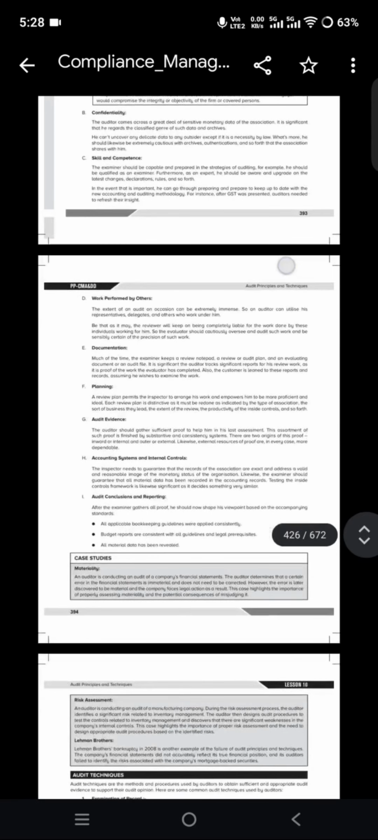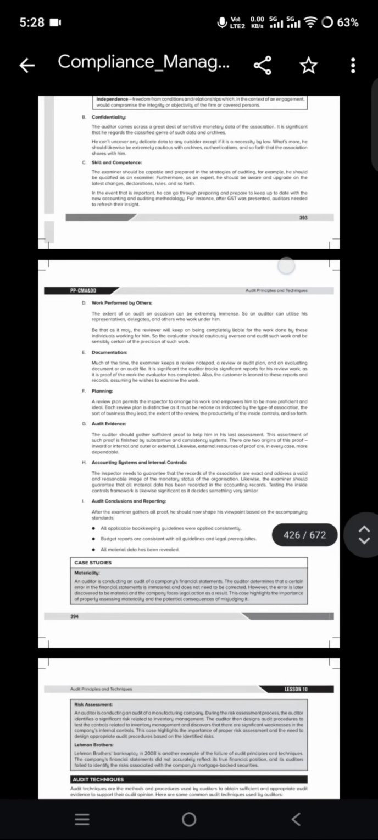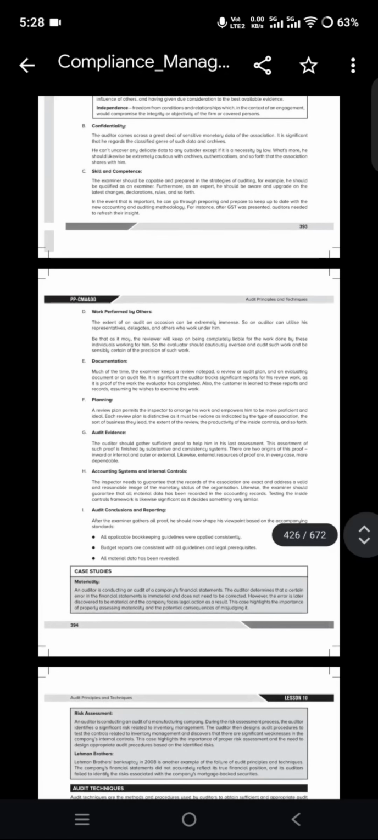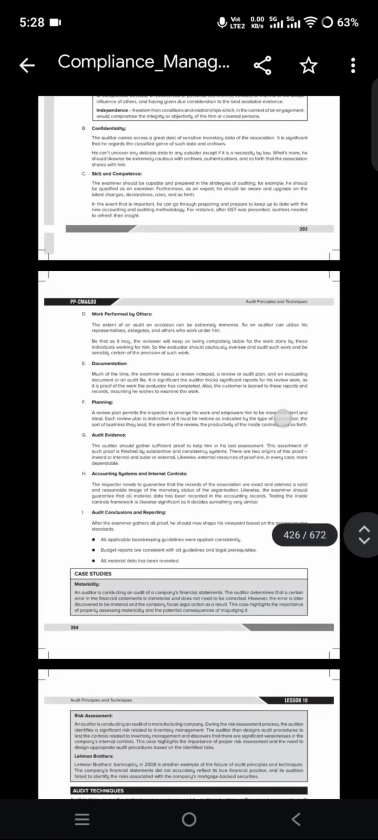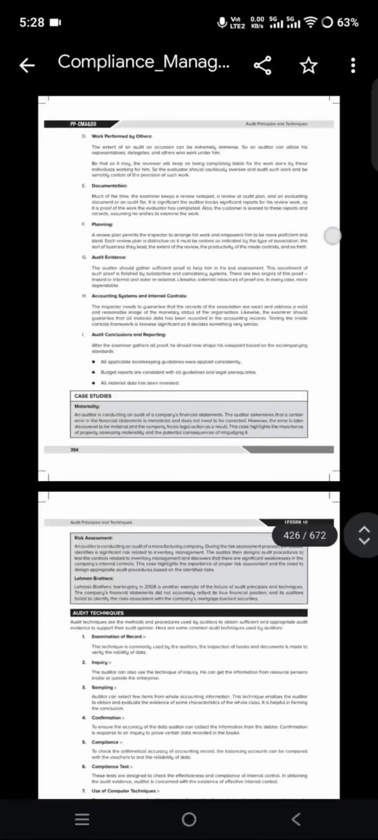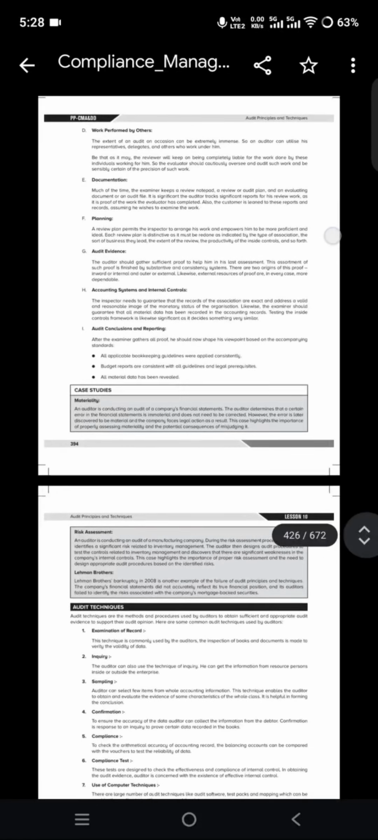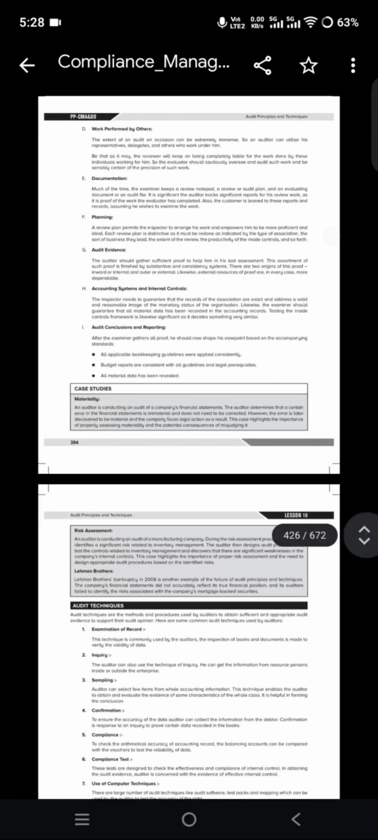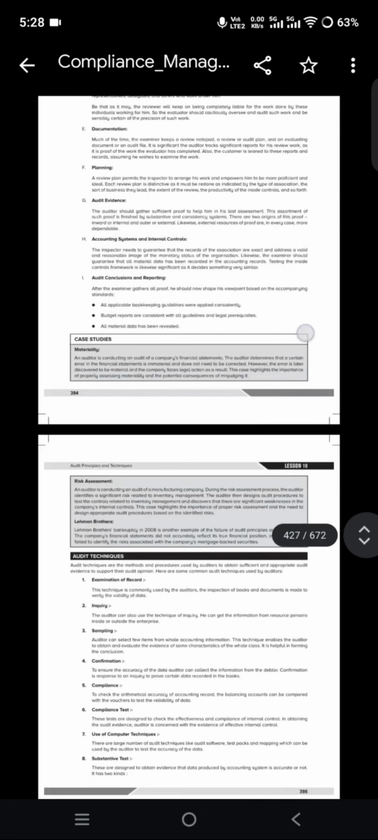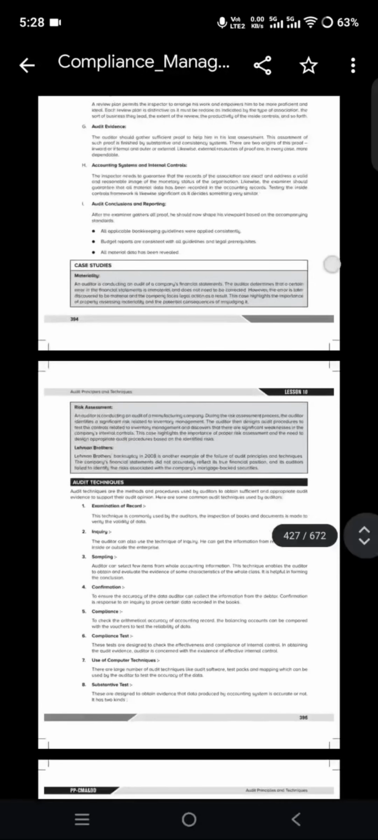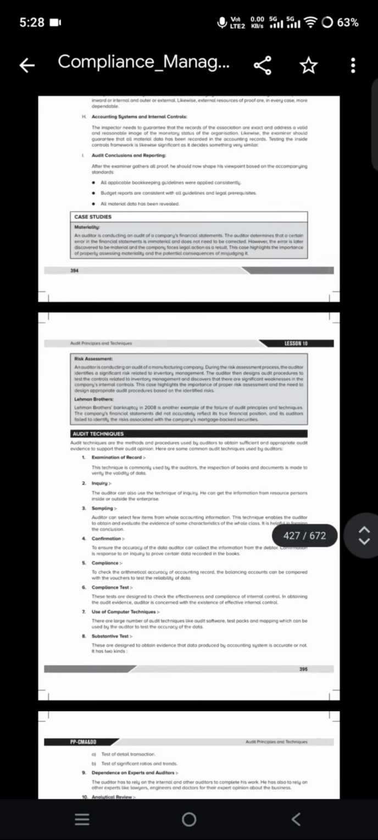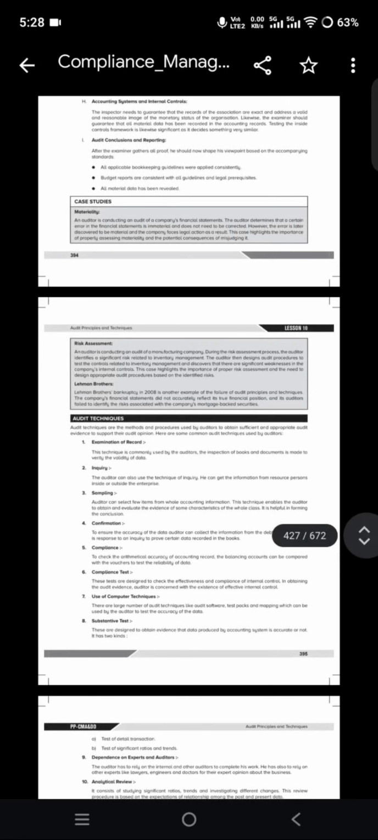Next, audit techniques. Audit techniques are the methods and procedures used by auditors to obtain sufficient and appropriate audit evidence to support their audit opinion. Here are some common audit techniques used by the auditors. Question may turn up in the exam like the auditor is conducting an audit in the firm. He wants to obtain sufficient, still more evidence. What techniques can he use to get the evidence? So, answer is examination of record, inquiry, sampling, confirmation, compliance test, use of computer techniques, substantive test, dependence on experts